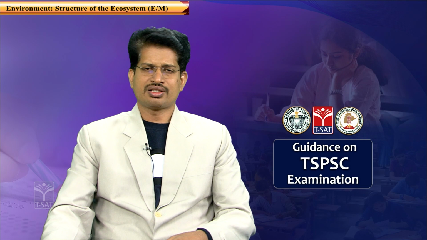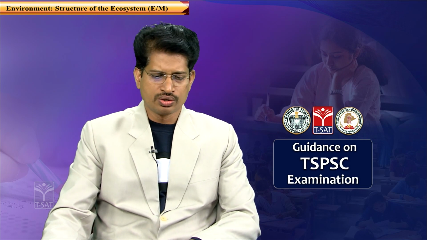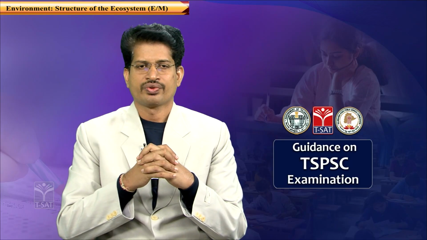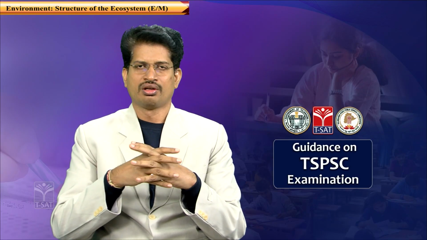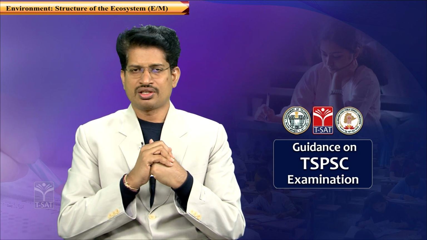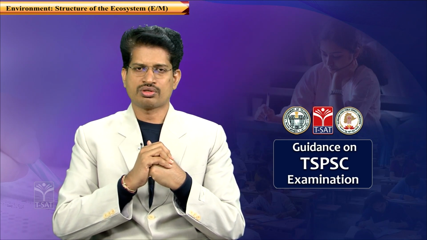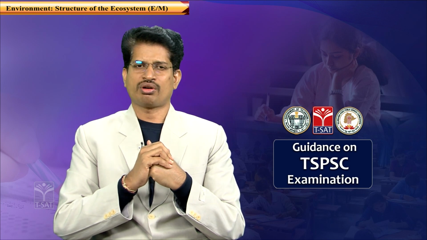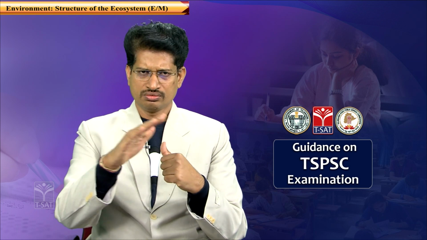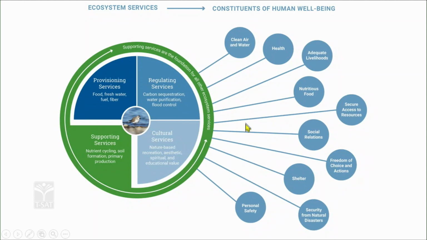Next, the other cultural services being provided by this ecosystem are, for example, nature-based recreation, tourism, and aesthetic, spiritual or educational values. The tourist development, the kind of psychological boosting it gives you, the pleasantness which it gives you in the process of tourism, is also a service being provided by ecosystems. So, these are all the different kinds of services being provided by the ecosystems.